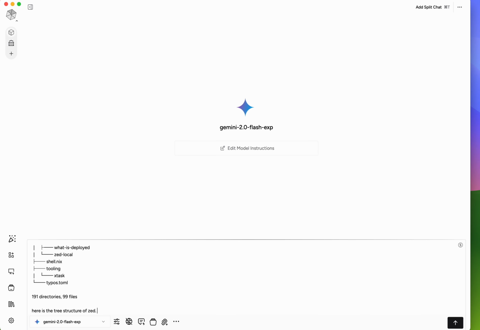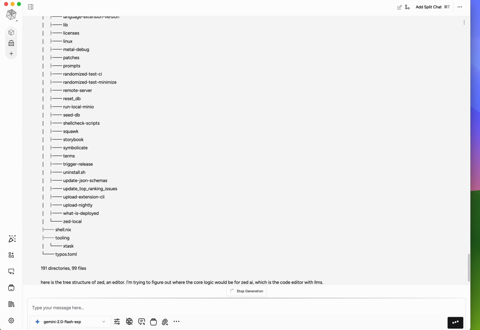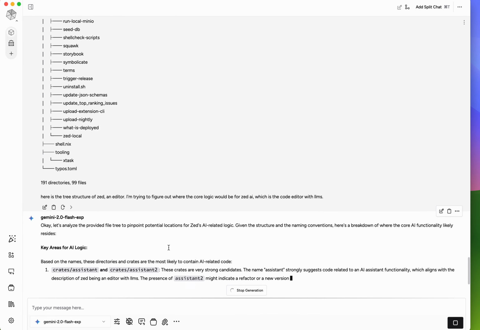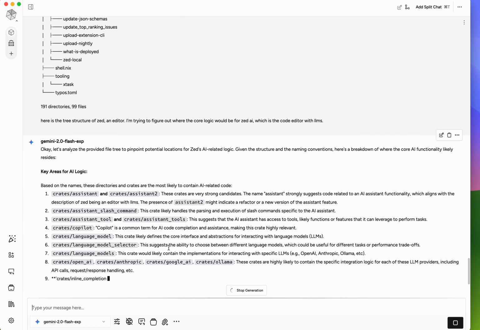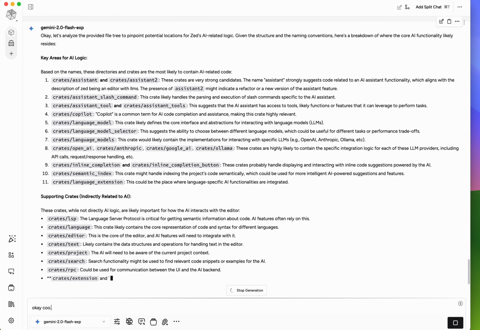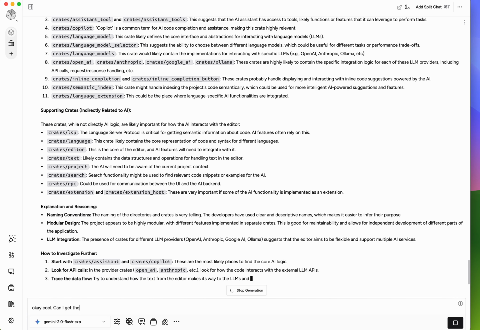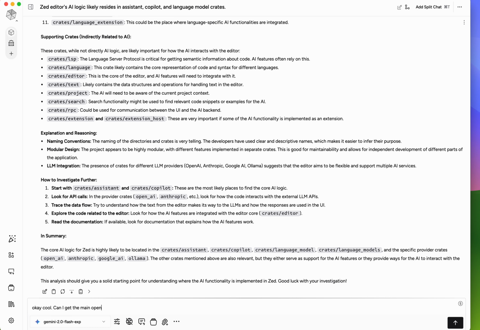And I'm passing that into Gemini to get a quick winnowing down of what files might be relevant to the specific thing that I'm looking for, which is, I'm trying to understand exactly where the core logic would be for ZAI. Once we have it, normally we'd be stuck reading this large set of files that all interconnect ourselves. But we can use Mandark, which I'm going to link below, with Gemini Flash through Msty, which is just my interface. It's great. I'll link that below as well,